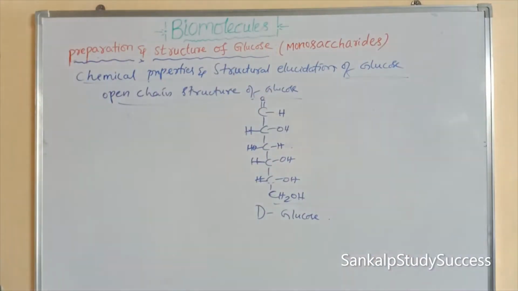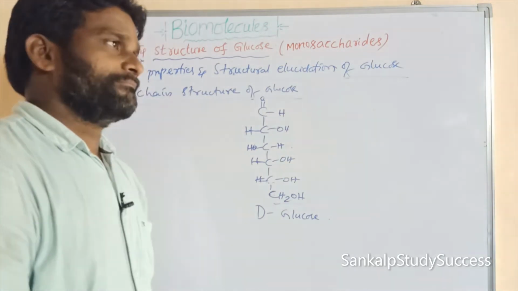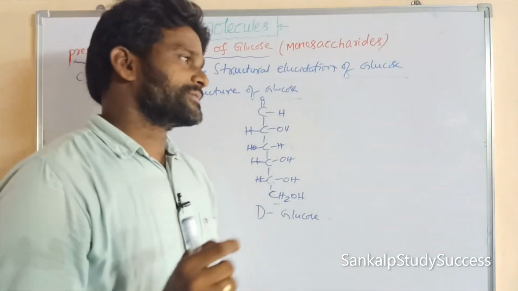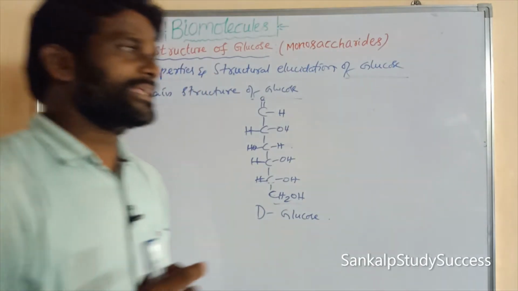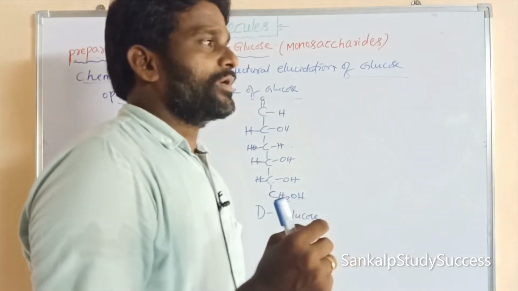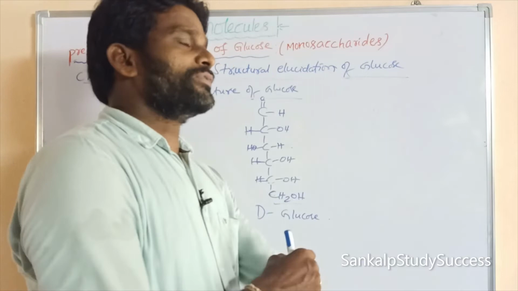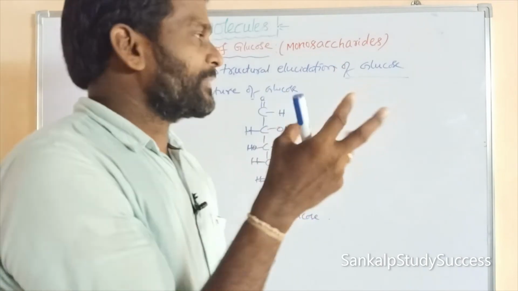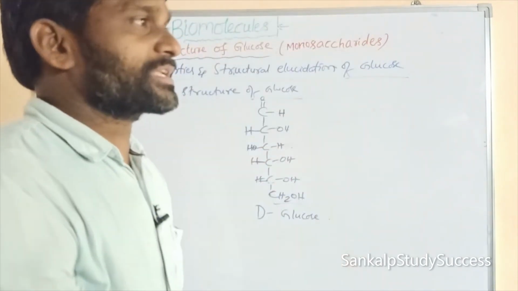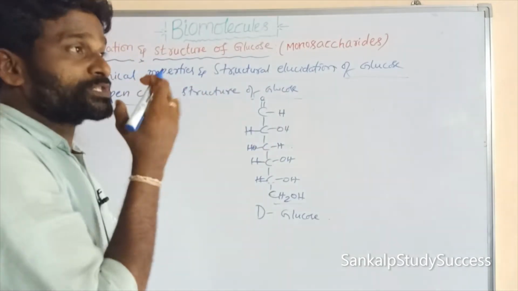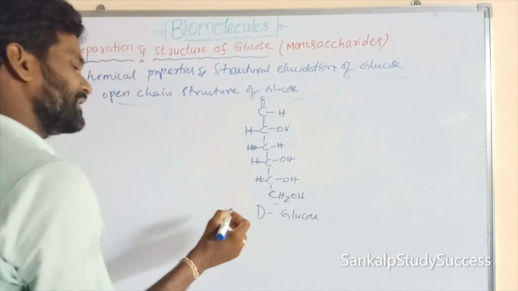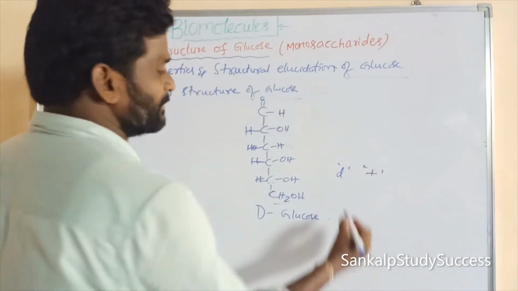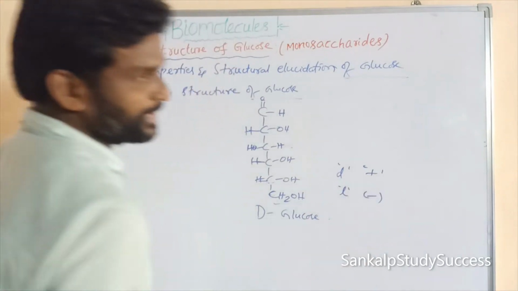Sorry, glucose is dextrorotatory. As already said in the introduction, glucose is dextrorotatory because in nature it occurs as the optically active dextrorotatory isomer. Since the dextrorotatory isomer is obtained in nature, we call it dextrose. So dextro can be taken as small d or plus, and levorotatory can be taken as small l or minus. So this is important.